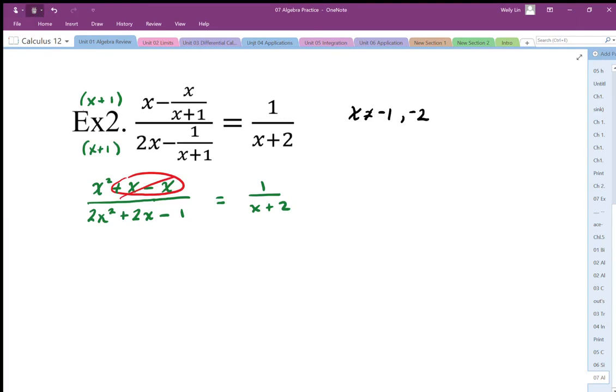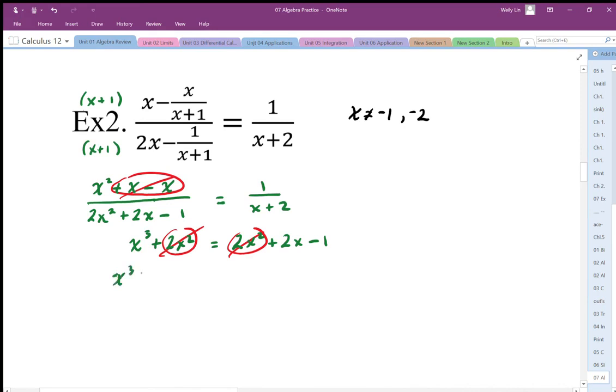So we're going to end up with, on the left hand side here, x cubed plus 2x squared. And on the right hand side here, we're going to end up with 2x squared plus 2x minus 1. Again, we have some things that cancel out here. We can get rid of those by subtracting those from both sides. And I'm going to make the cubic equation equal to 0. So x cubed minus 2x plus 1